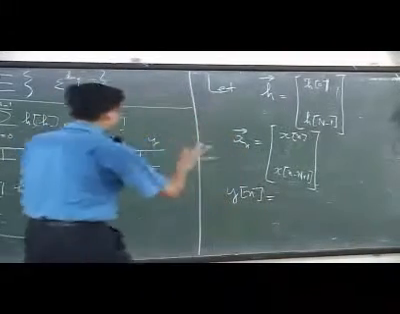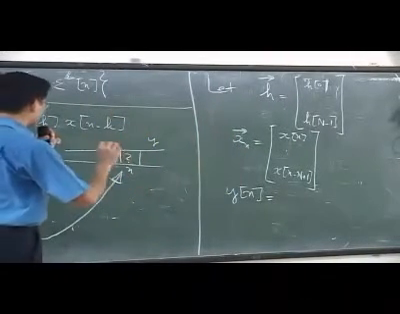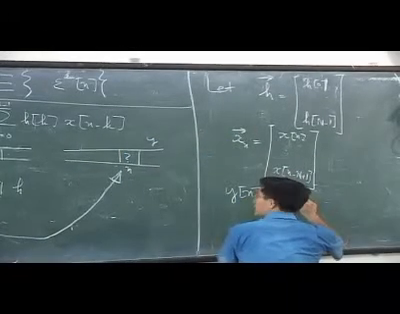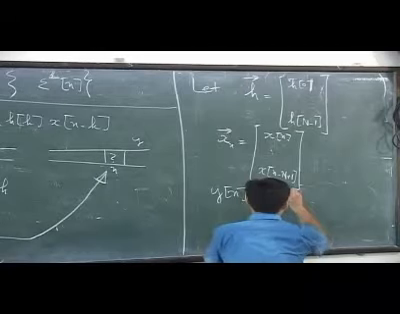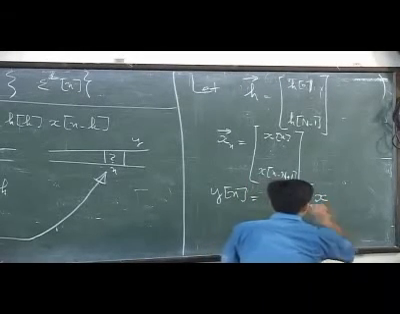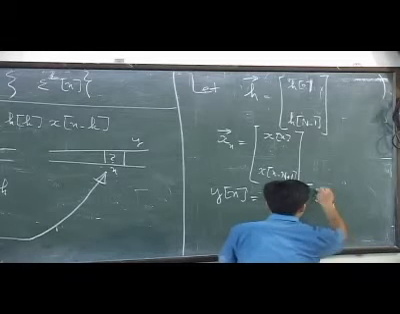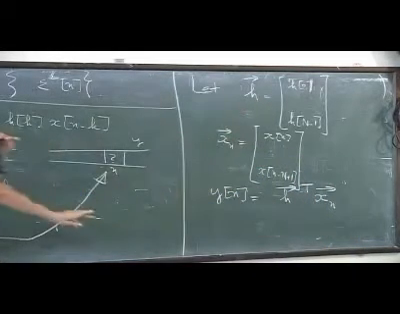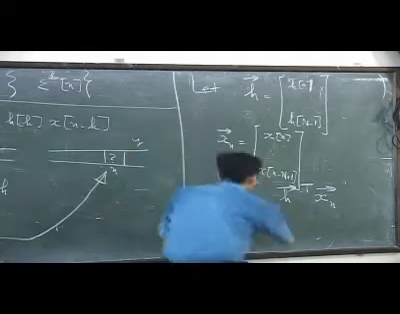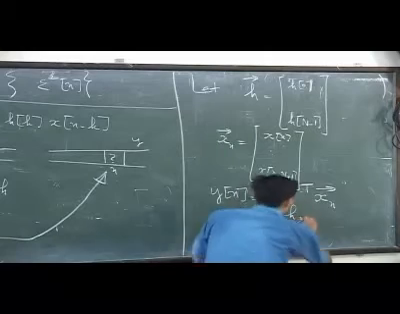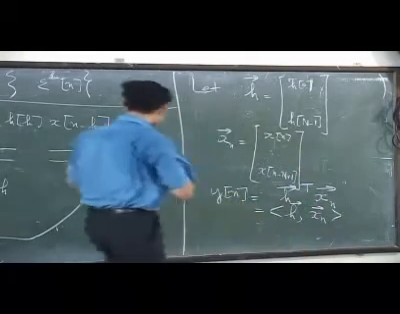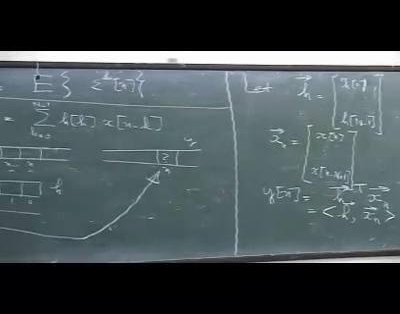In that case, I can write y of n, which is a single scalar, as h transpose times x of n. Can everybody see that? This is simply equal to the inner product of h and x of n. So the conclusion